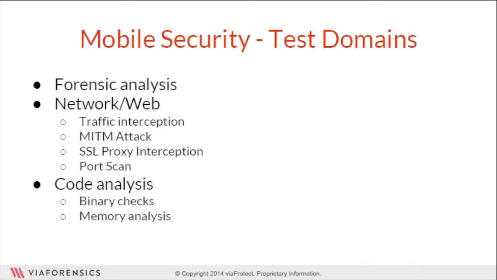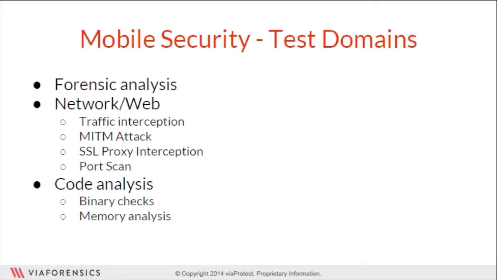If you've attended any of our prior viaTalks, these test domains on the screen right here might look familiar to you. These are the main areas that we analyze both as part of our AppSecure service as well as the test domains that are built into our viaLab product, which was talked about a couple weeks back. The first area is forensic analysis, and here what we're doing is extracting data from the device to see if user or app data is stored in the private app folder, log files, or device memory. We're looking for high-risk issues, which may include things like sensitive values being stored in plain text in really any